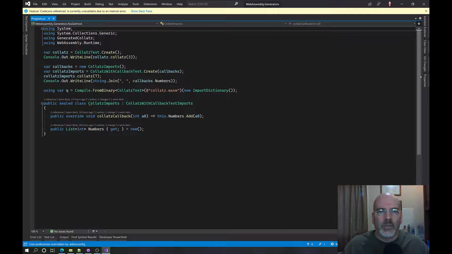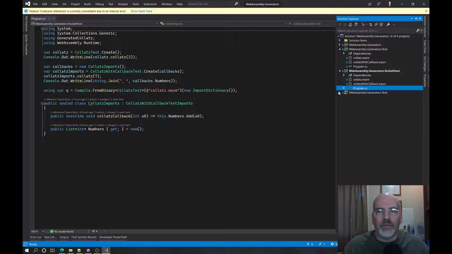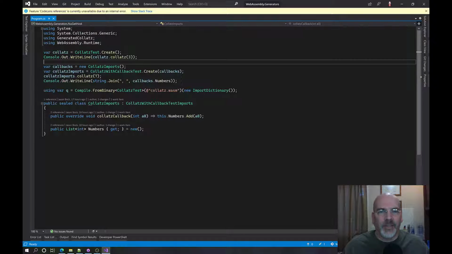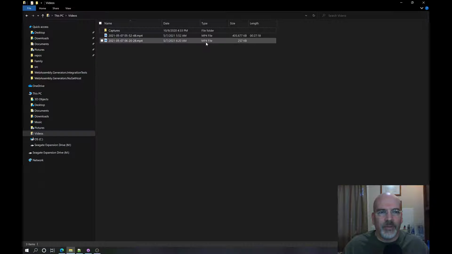So what I might end up doing is changing the integration test to actually reference the NuGet package locally that I have here and run the test that way. But that's not the way I have it right now. So I've got to shut this down, and I got to go through some manual gyrations where I need to say,